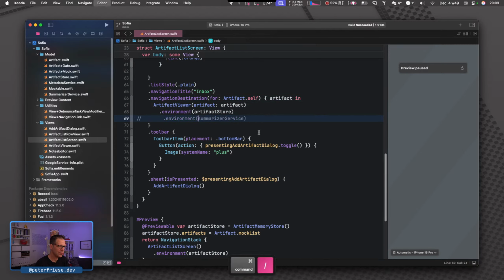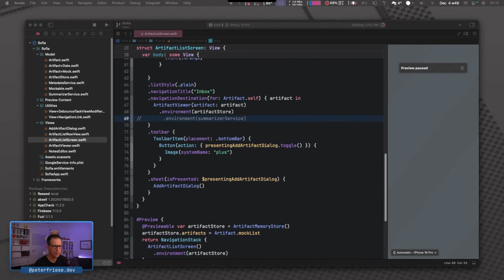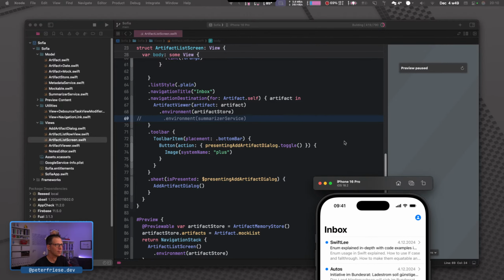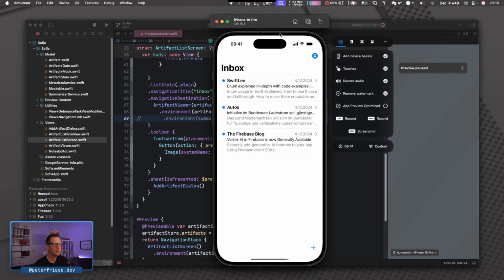So let me show this. I'm deliberately not passing it down here. And now if I run this application and go into the artifact viewer screen, there should be a crash. Okay, so let me get the simulator.